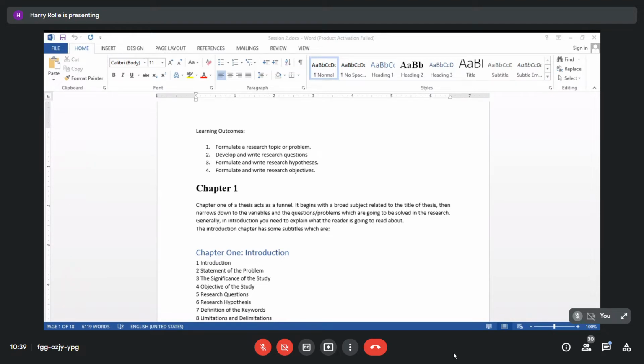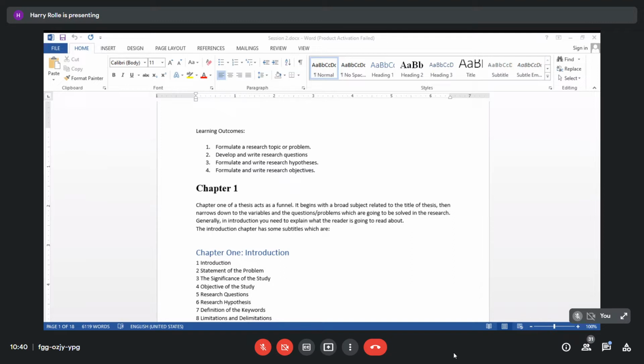It is a limited number of pages for a research, pero andun na lahat yung laman. So normally kasi pag yung 5-chapter research, you go on and on writing so much on your research, and you get lots of things to include in the research. But here, what is important is kung ano lang yung mga core na kailangan nating ilagay dun sa researches natin.